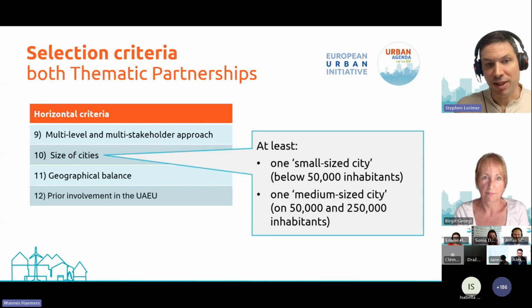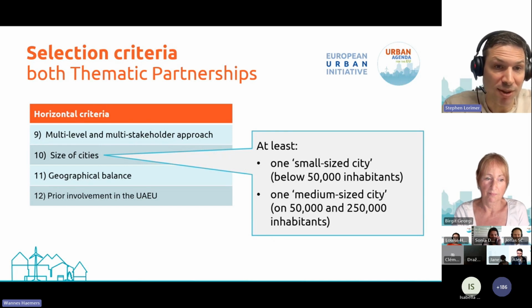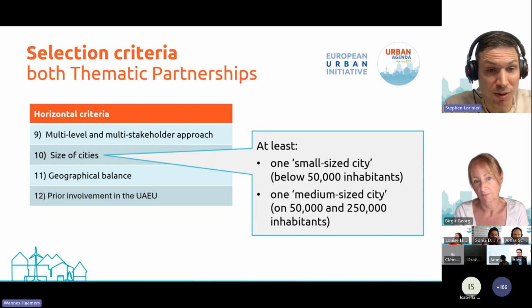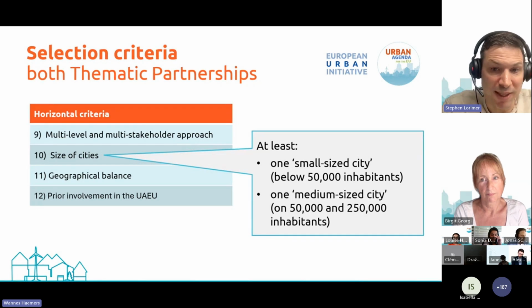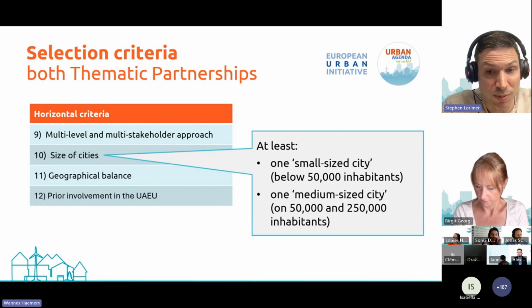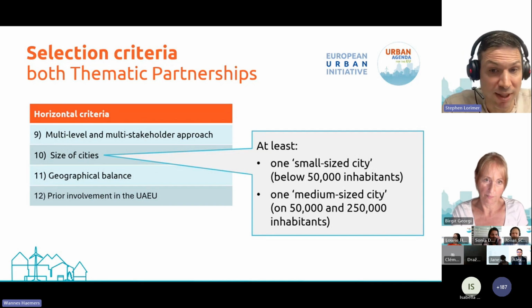And of course there are criteria that we use across all the applications to be able to make decisions on who to make the award to, and we do this with the Secretariat, with Jonas and Isabella and Alessandro and the others. Part of that is, as Alexandra said before, we make sure that there is going to be at least one small city and one medium-sized city that are